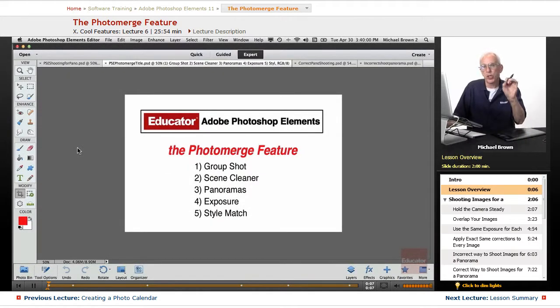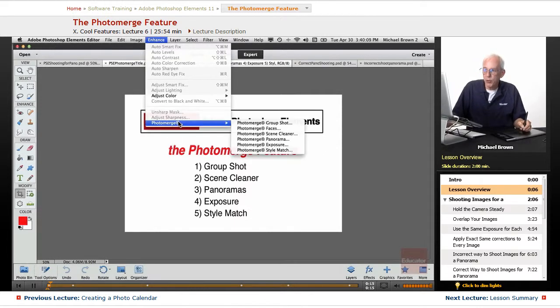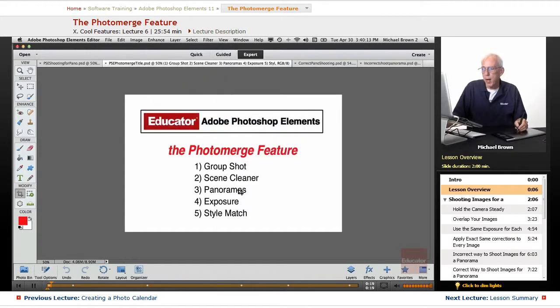In this lesson we're going to look at a very cool feature in Photoshop Elements, and it's called the Photomerge feature. It's under the Enhance drop-down menu at the bottom, and you have different types of Photomerge. The most popular Photomerge is panoramas, and then we have group shots and scene cleaners, which are the same but